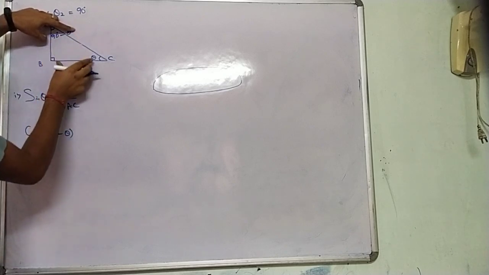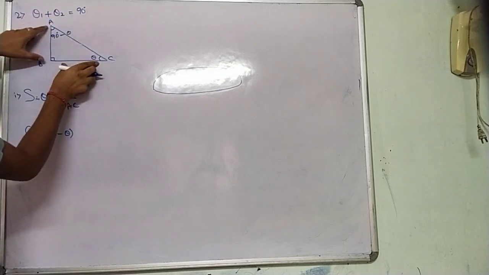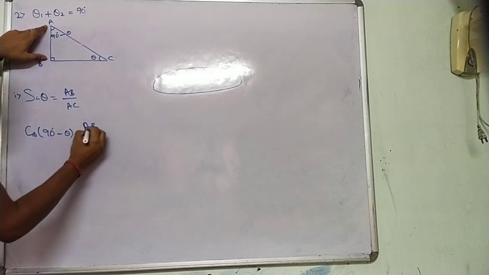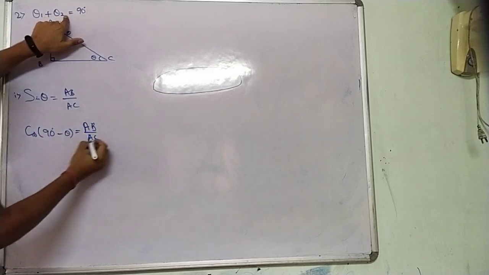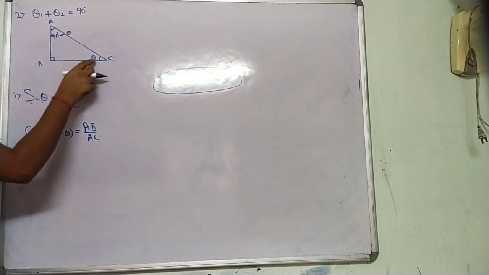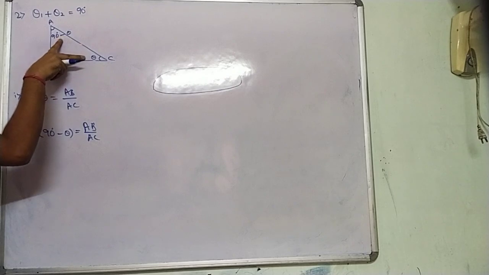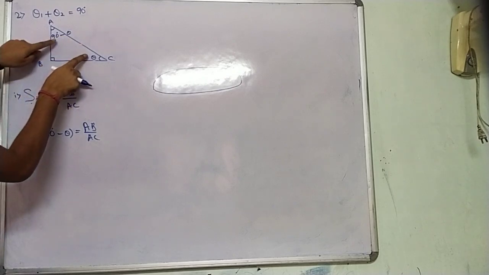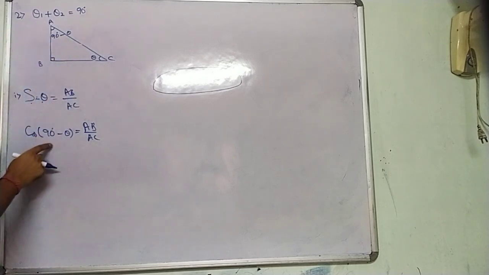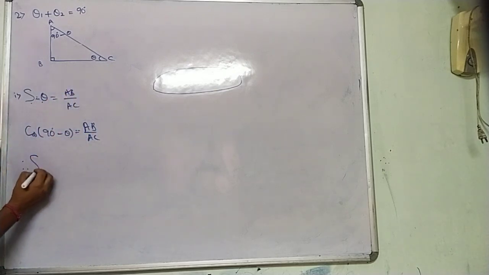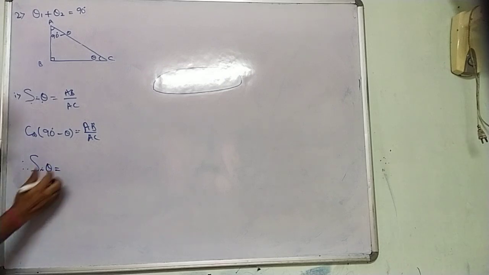So the side opposite to this angle will be perpendicular and this will be base. You know that cos is the ratio of base by hypotenuse. Now what we are finding, sine of this angle, cos of this angle, where both are what? Complementary pair. Clear? Where both the angles are complementary of each other, we are finding that their ratio, that is AB by AC, is same in both the cases. So can I say that sine of theta is equal to cos of the complementary of this angle?